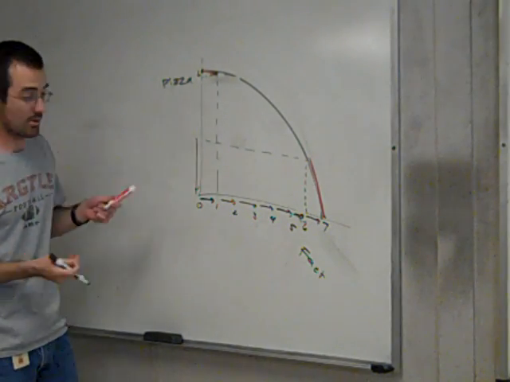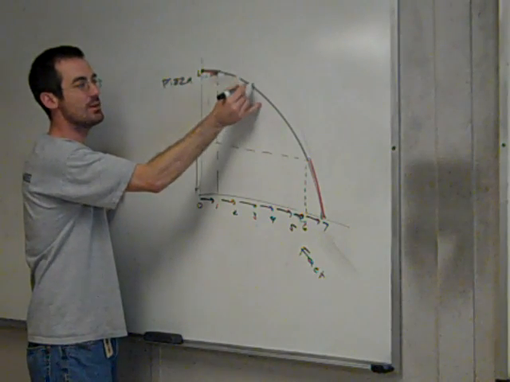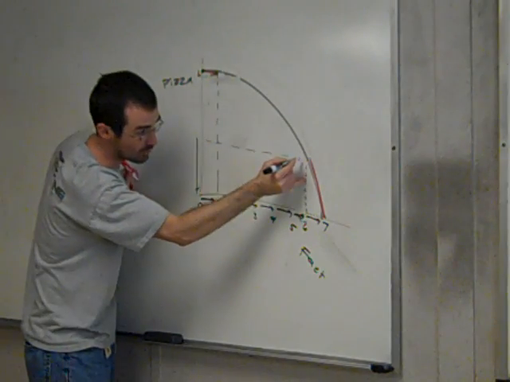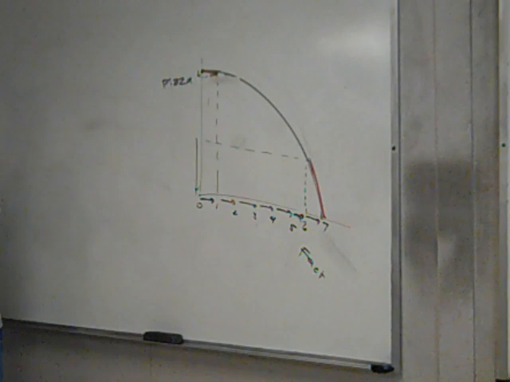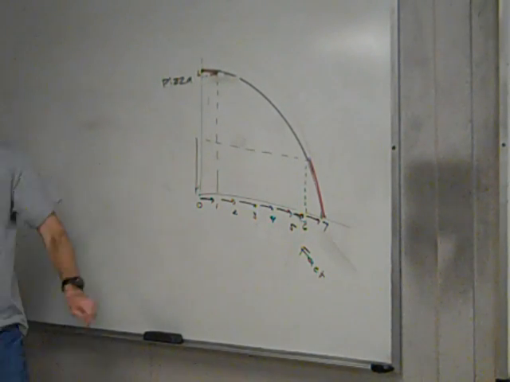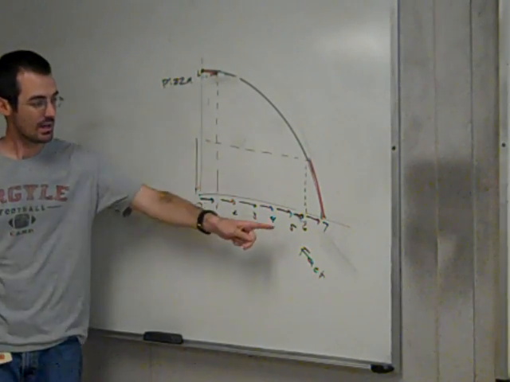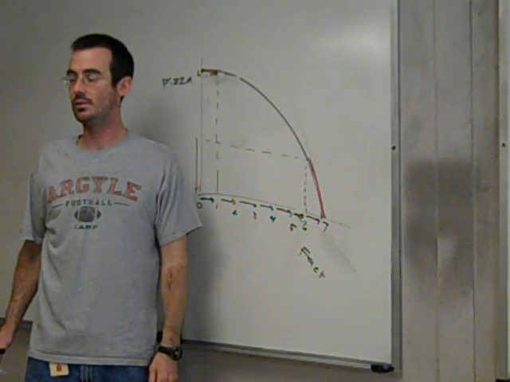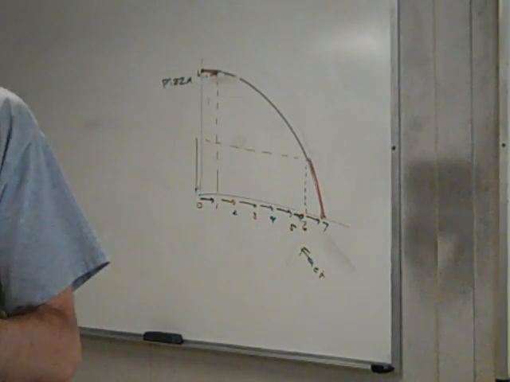A ton, right? I don't know how much that is, but certainly more than that. The slope went from flat to steeper, and making another factory cost us more, and making another factory cost us more, and now making another factory costs us a lot. Why does it cost us so much? Because now we're having to take our best pizza people. We left them on pizza making as long as we could. But now we're having to take our best pizza people away from pizza making and put them on factory making. They're probably our worst factory makers. And that applies to all resources, not just people, but land and capital as well.